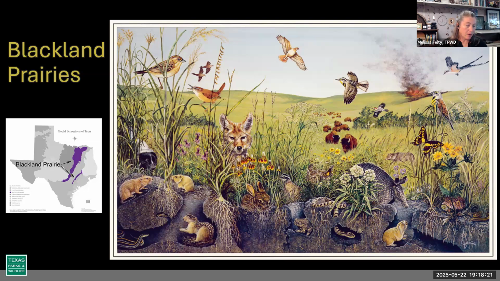Up in Illinois, and I'm honestly not sure if it's the same here, the turtle that's there, that little box turtle, needs more sandy soil. So knowing and reading that Blackland prairies are clay soils,